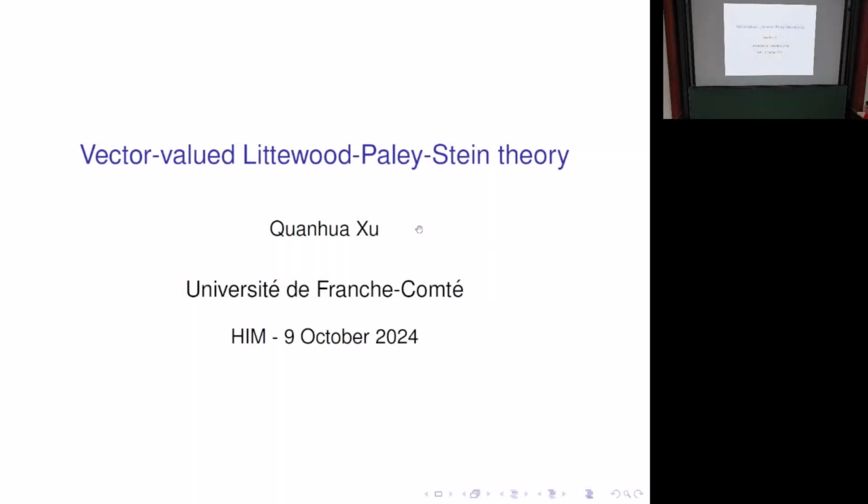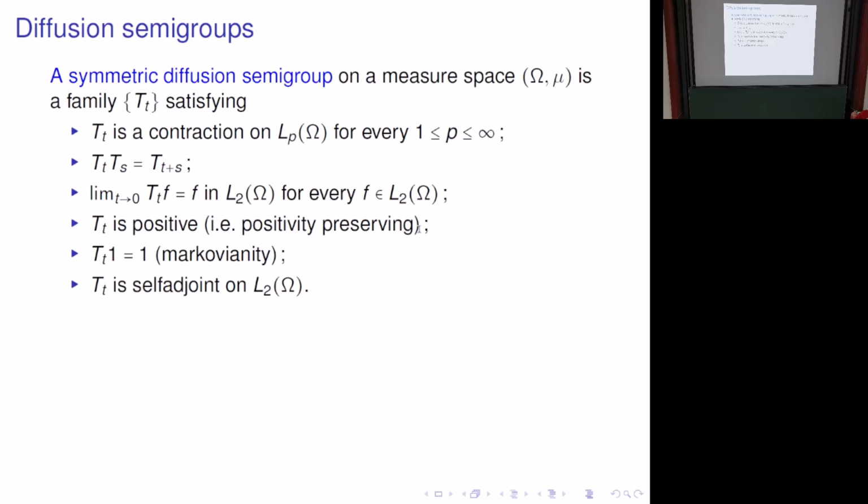My talk is in the interface between harmonic analysis and geometry of Banach spaces. So I first introduce the setup for this work. So the first one is